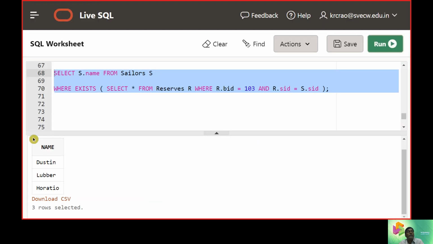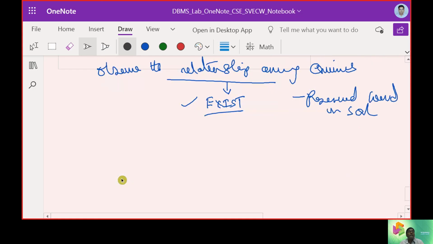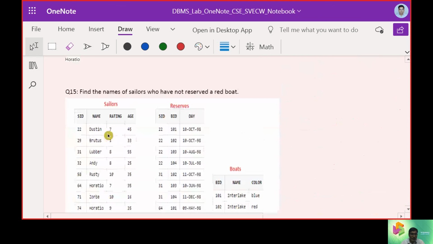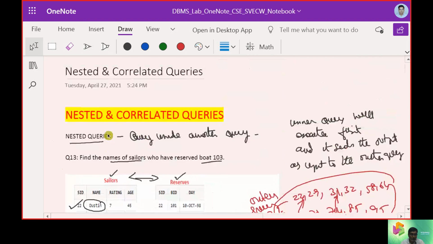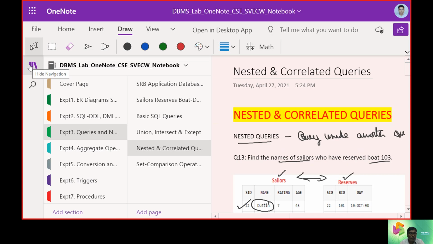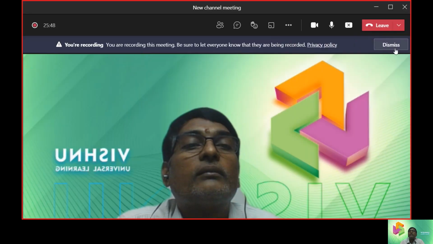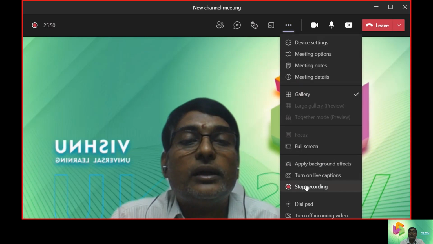We will be getting the three elements as answers for this. So that is all regarding the subquery part, the nested queries, followed by the correlated queries. So we will end up here.